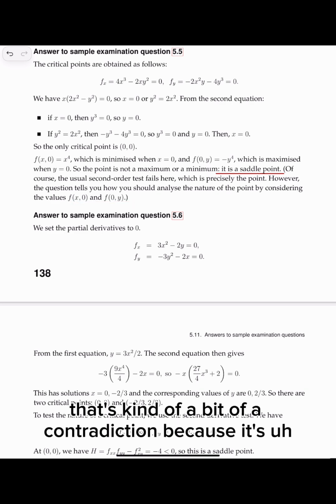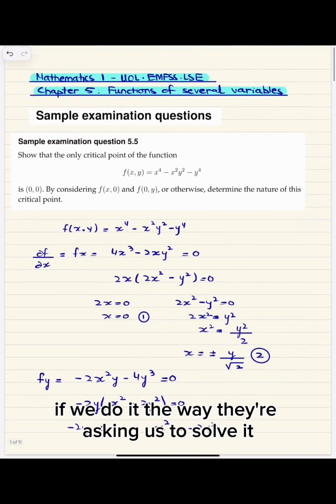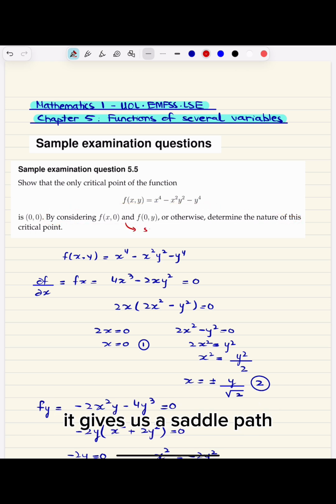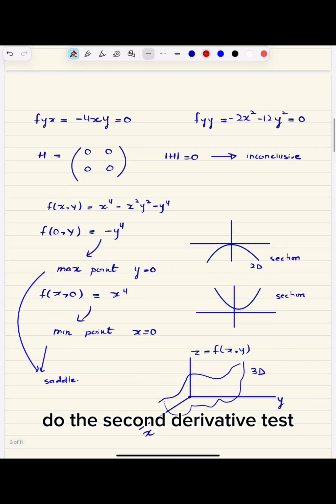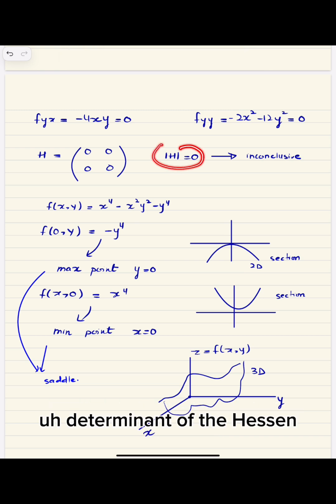Okay, that's kind of a contradiction, because if we do it the way they're asking us to solve it, it gives us a saddle point. But if I do the second derivative test, which is basically analyzing the determinant of the Hessian, then the result is inconclusive. So what we should do is,